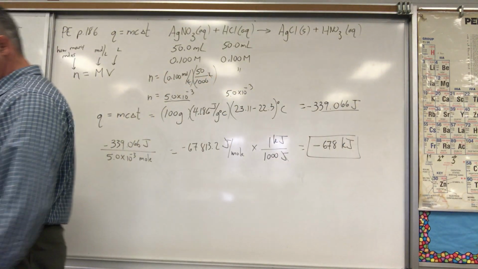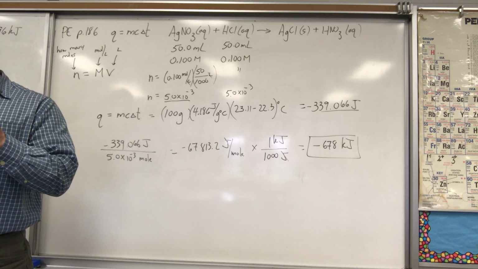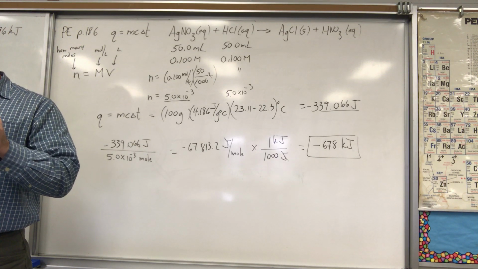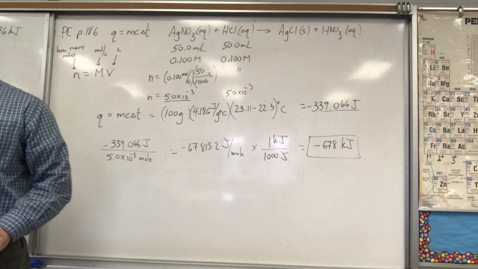In the next problem, the heat capacity is used instead of specific heat capacity. So the formula Q is equal to mC delta T is not appropriate because